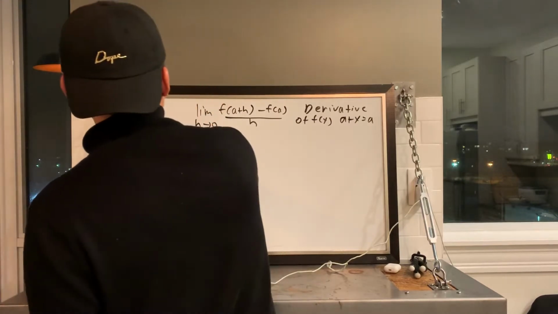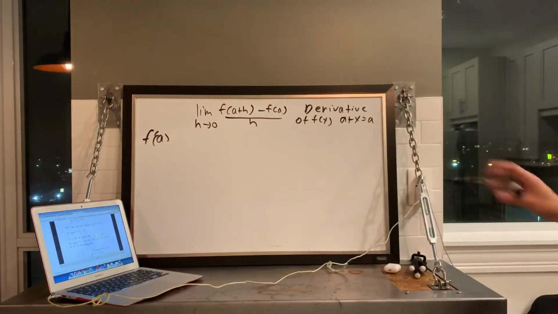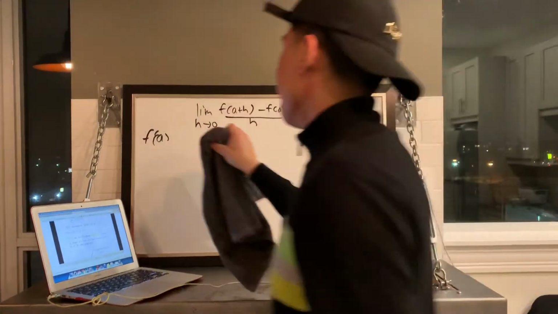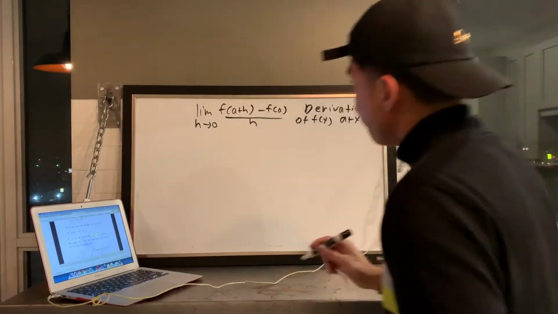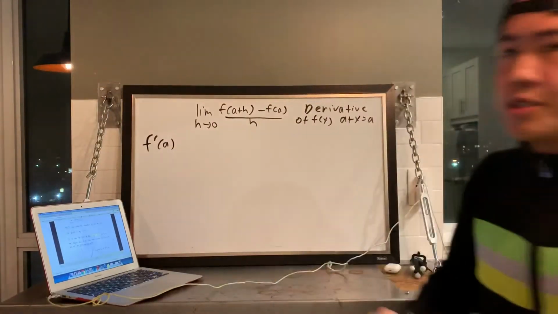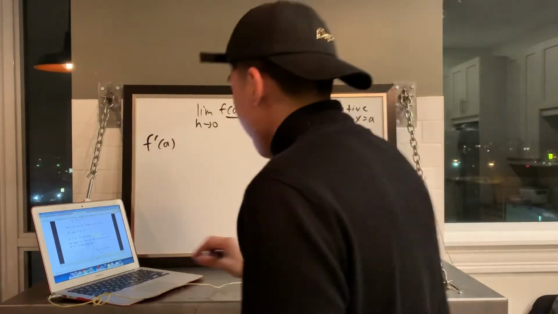And we denote that by f prime of a. It's another way to write derivative. F prime of a. And that's kind of not the best penmanship, but if I would write that again for you. F prime of a, essentially. It's another way to write derivative. And that being said,